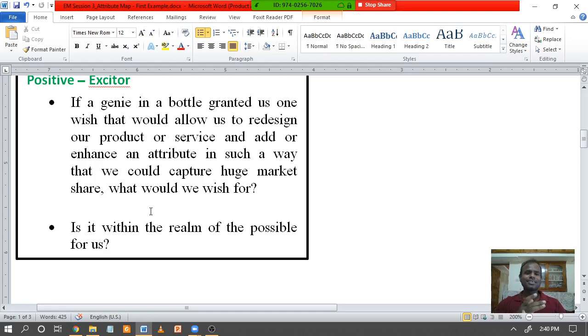Now what I'm saying is, can there be that one feature that you can enhance or put in front of your customers which will make your customers want it? Okay, I should get it, I cannot live without it. So that is what is called the exciter option. That is what is called the exciter, positive exciters. Now it may not come with any extra cost at all. Okay, it may be something that involves very little cost.